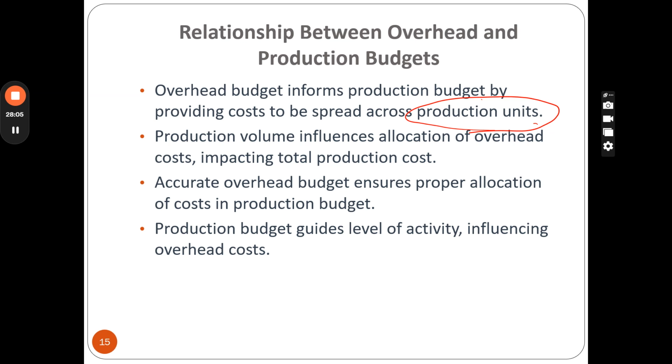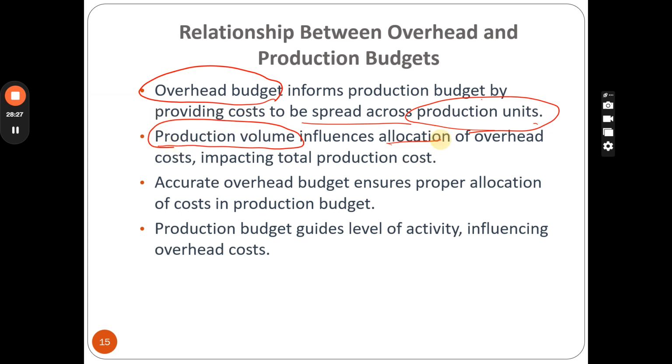So your production budget is getting information from the overhead budget. What is going to be my overhead for the coming period? And based on that information, production volume